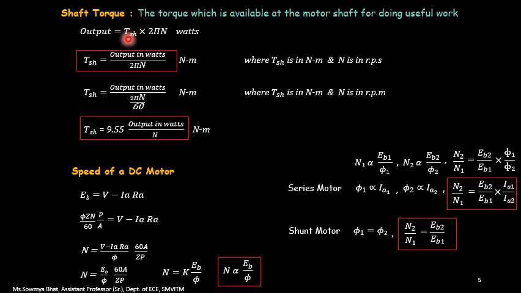Now, if I consider the expression for TSH, I am just rearranging this equation, that is output, which will be in terms of watts, divided by 2 pi N. So this will be in terms of Newton meter value, which is in terms of RPS. That is, I have not divided this parameter by 60, which means that it will be in terms of revolutions per second. If I want the factor in terms of revolutions per minute, then just divide this by a factor of 60. So TSH will be given in terms of output in watts divided by 2 pi N divided by 60, that much Newton meter.